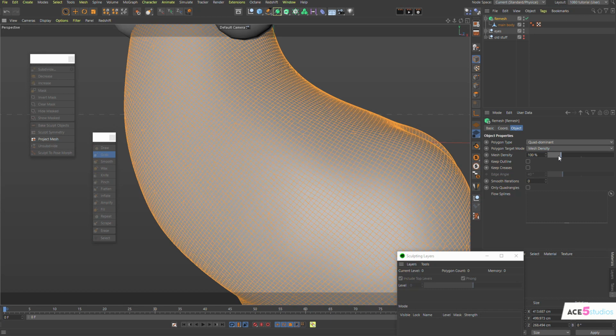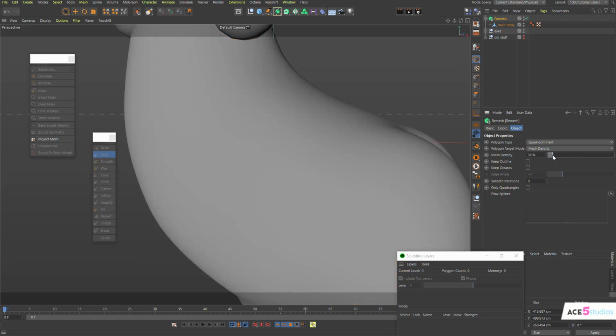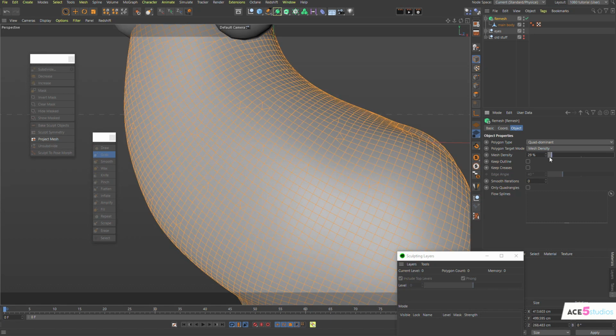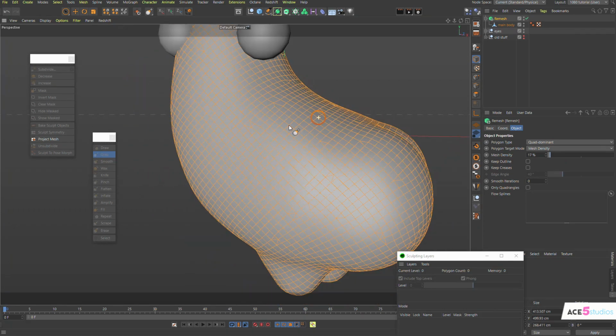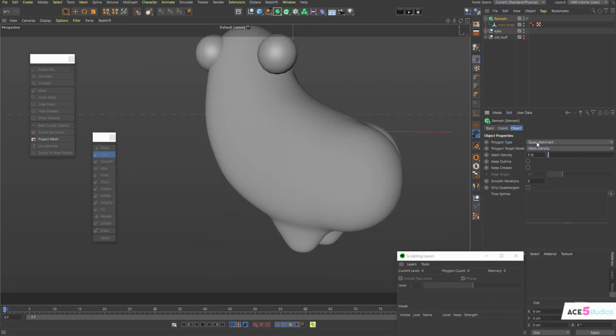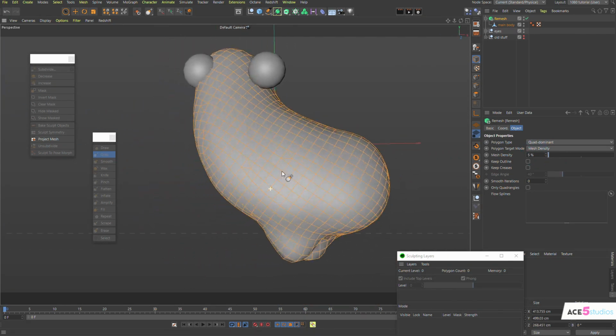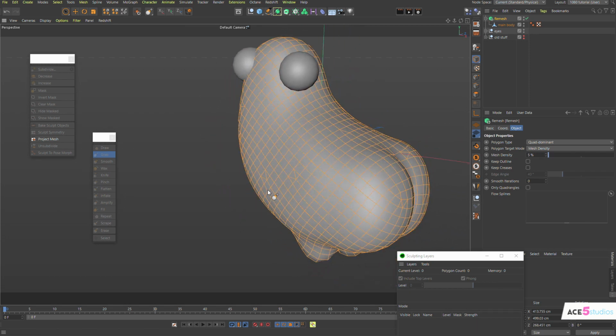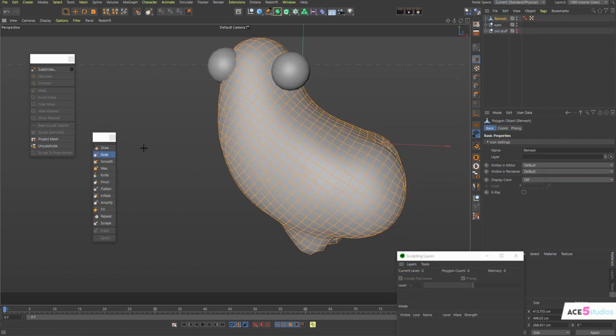And we can change the density. So we can, for example, lower the density to, say, 29% or even lower, 17%. I'll probably go down to 5 if you want. There you go. And it's automatic and it's pretty fast. It's not perfect, again. This is not production ready. This is for sculpting needs. And now if we press make editable, now we can actually use the regular sculpting tools much more effectively,